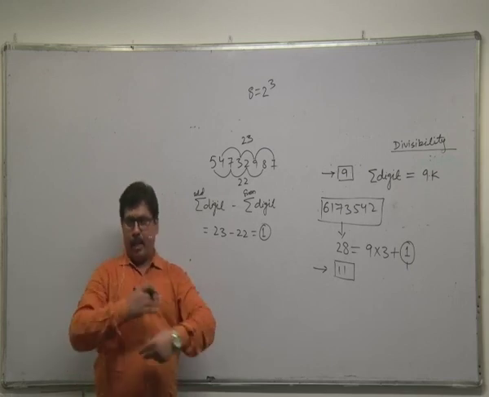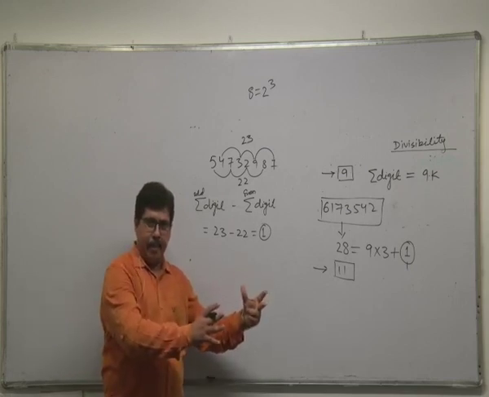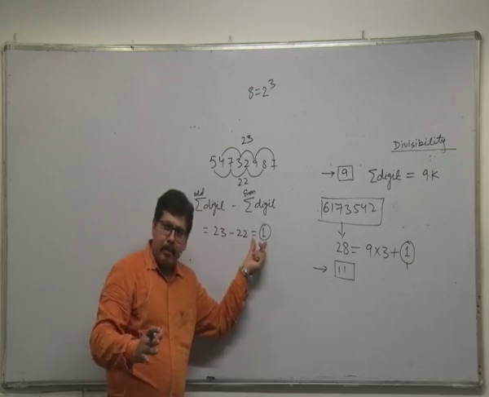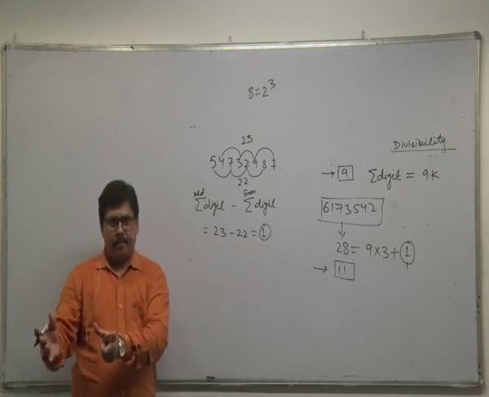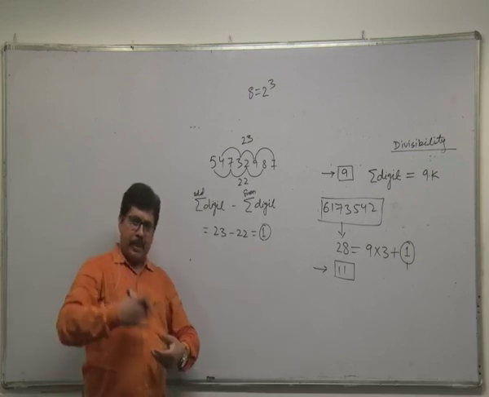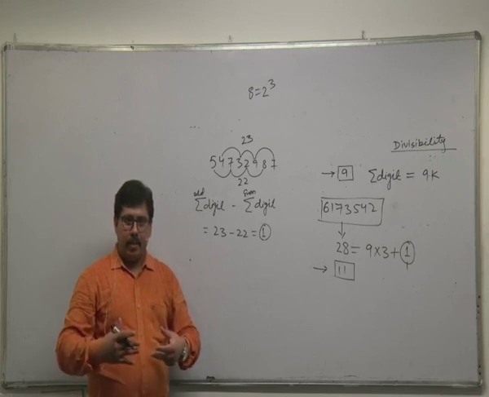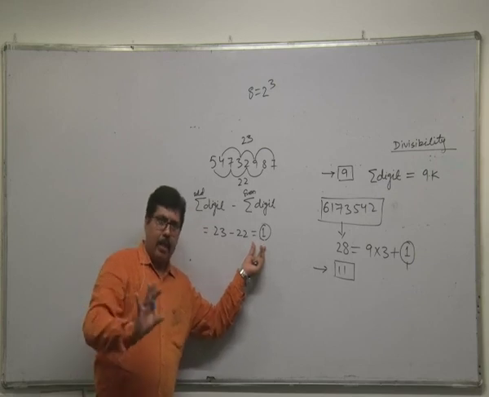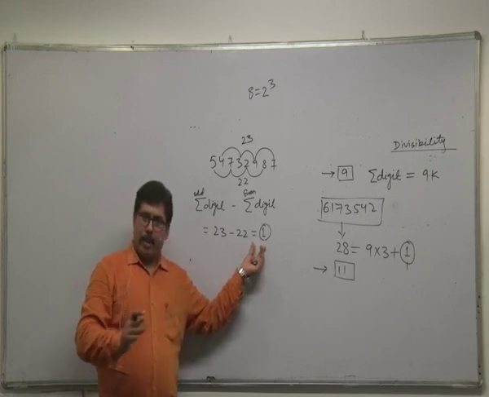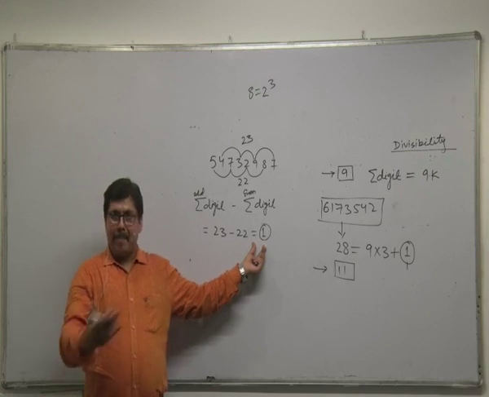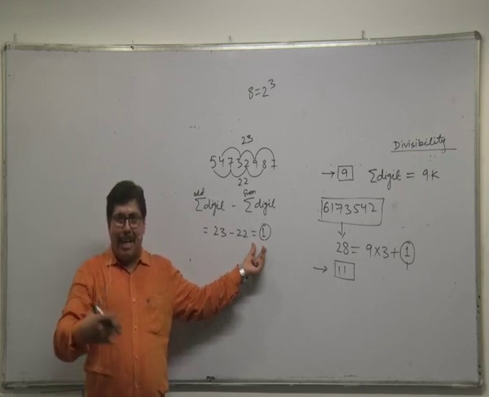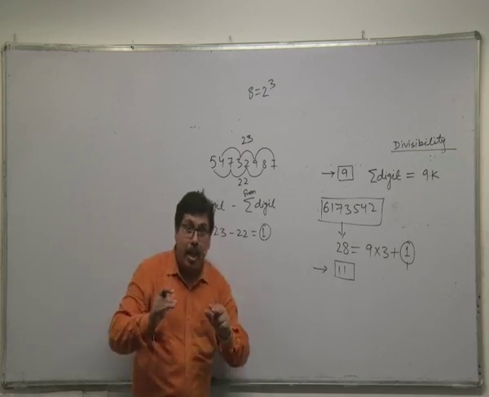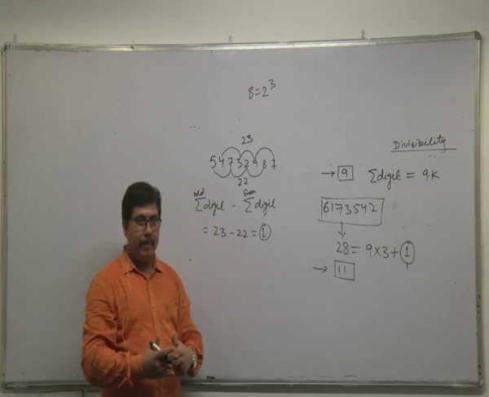Okay, let's look at a different perspective. Had it been minus 1, then my remainder is minus 1. Minus 1 is technically correct. But for all practical purposes, we consider a positive number as the remainder. Minus 1 is technically, mathematically correct. I can consider minus 1 as the remainder for some time. But minus 1 is actually 11 minus 1, which is 10. You need to take the conjugate of 11. Minus 1 means 10.